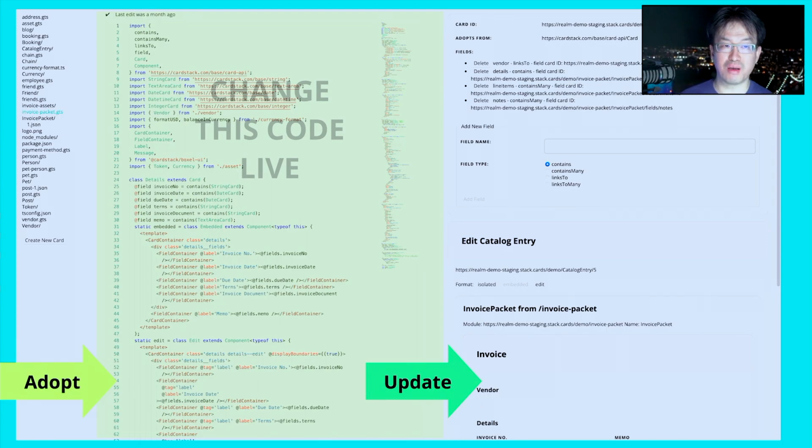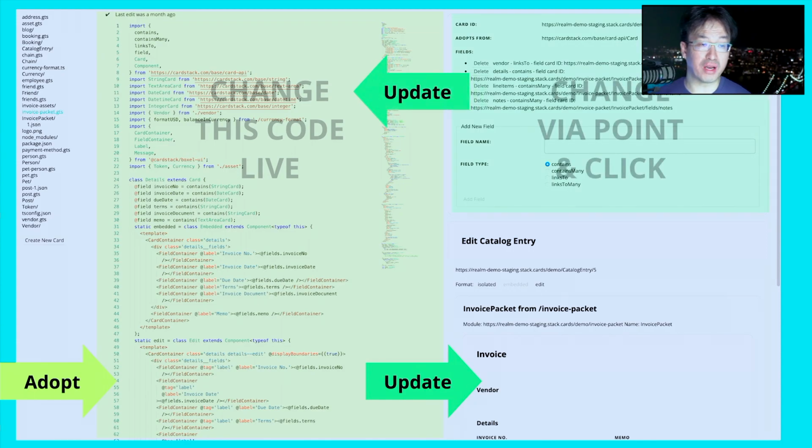This is really nice because it makes it much easier for us to do two things. One is that we can create an experience where you can use point and click to delete and add a field type. If you don't know how to code, you can just use this form. That actually modifies the code, right? So this is no code, but it's a no code that actually updates the code. It's not some neutered version of programming. It actually is the same code, the same JavaScript, the same TypeScript that we use to run it, that you're modifying. You just do it through this binding we've created where you delete a field, add a field name, link to containment, and it actually writes the code in real time and then updates the edit form that is now showing on the lower right-hand corner of this page.